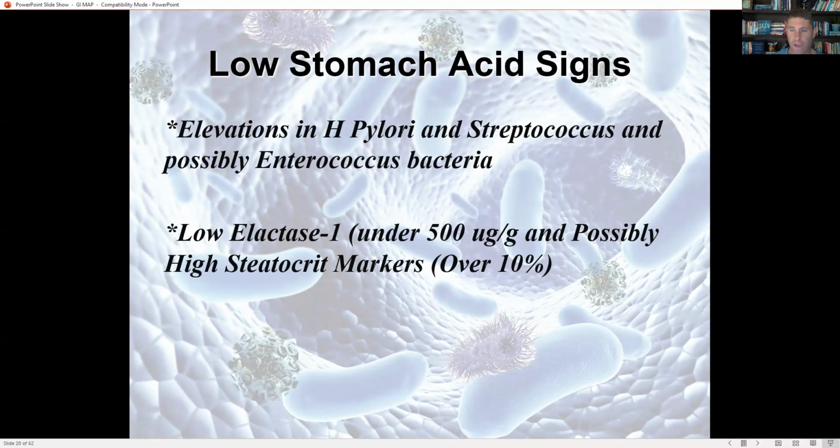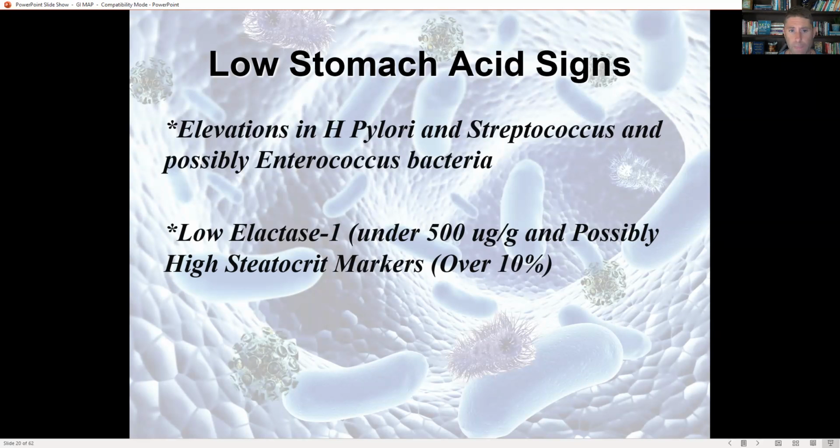Now, some other low stomach acid signs that we're looking for on the GI map. So elevations in the H. pylori bacteria, as well as, and we're going to go into the next page of the test, where we'll look at normal and also dysbiotic flora. If we see these two types of dysbiotic flora, streptococcus, which normally lives in the mouth and gets killed by the stomach acid, if we see that high in the stool, that's a sign that it's coming in from the mouth and we're not disinfecting it. And so it's getting in through the whole system. So streptococcus is a sign,